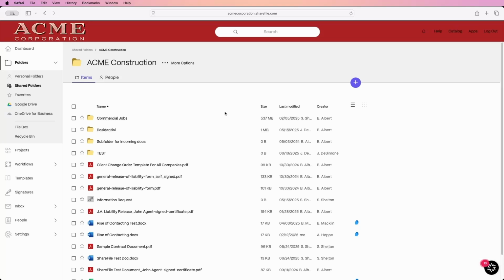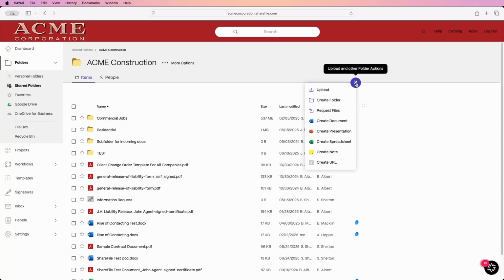It's super easy to add folders. You just click the blue button, click create folder. If you need to upload files, select the upload button. Once you've built out a folder structure and added files, you should be ready to share or request some of that data. The next question is, do you know who you need to send that data to or request that